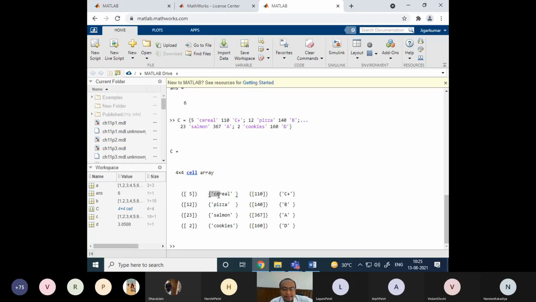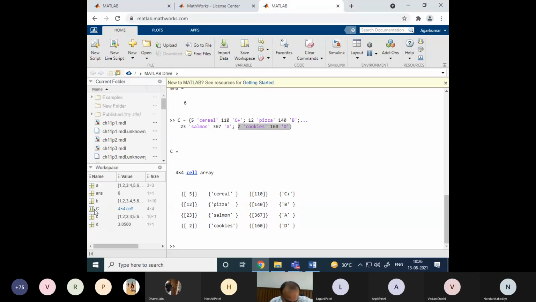So that is there. This is the second element of this cell array, but it itself contains the 6 different characters, right? Then 110, right, is the third element. Similarly, C plus, it may contain a variable number of elements inside every curly bracket, you can see, and so on. And we have such a 4 cross 4 array. Why? Because this is my first row of this cell array, second row, third row, and the fourth row.